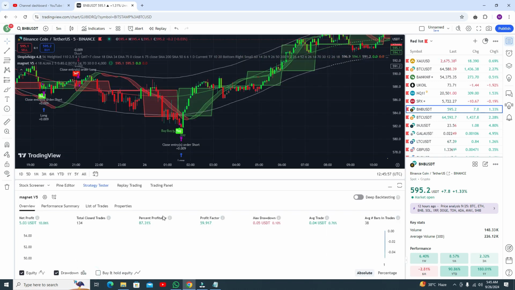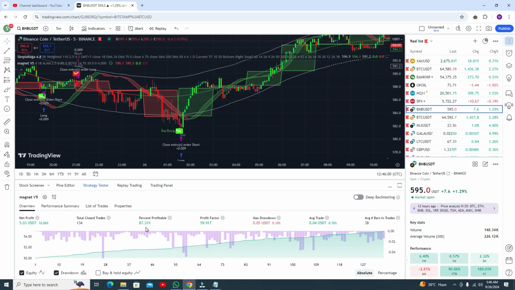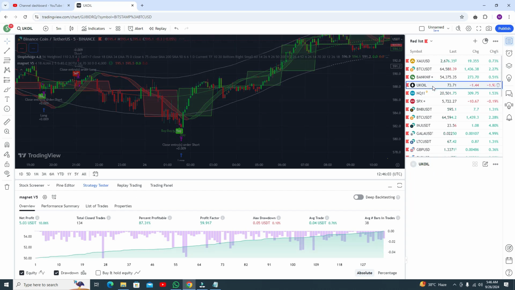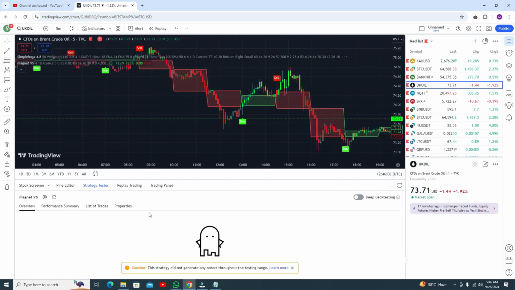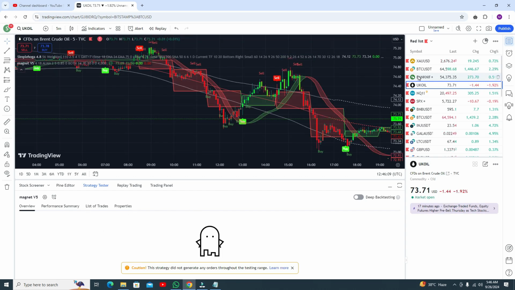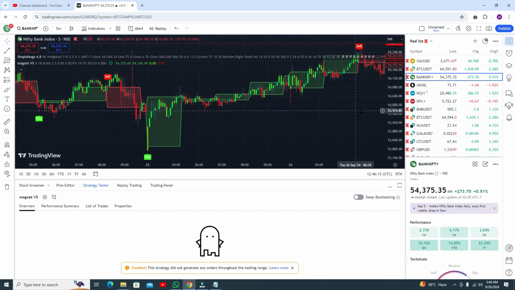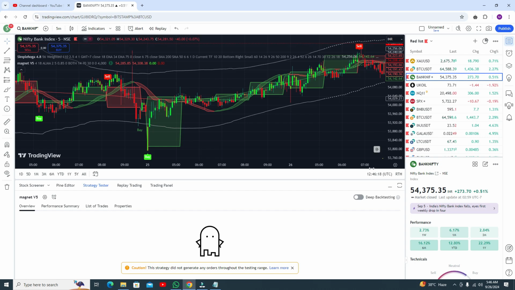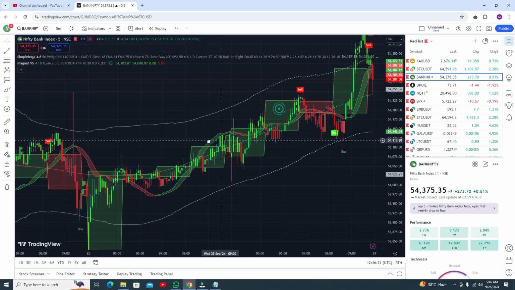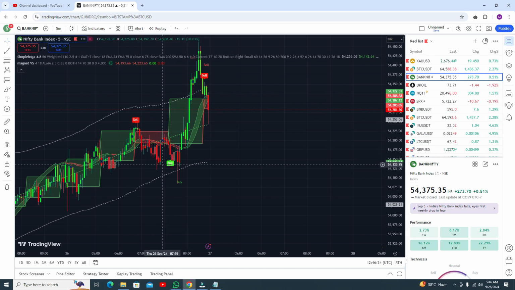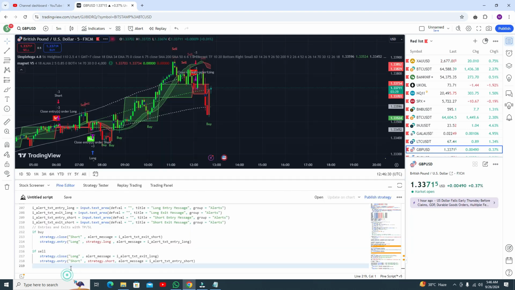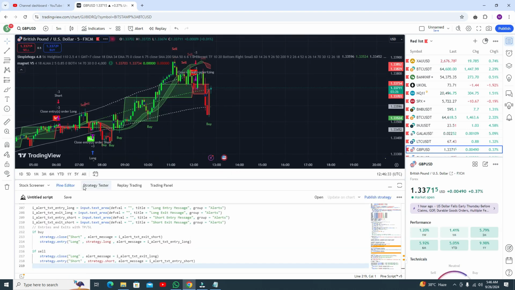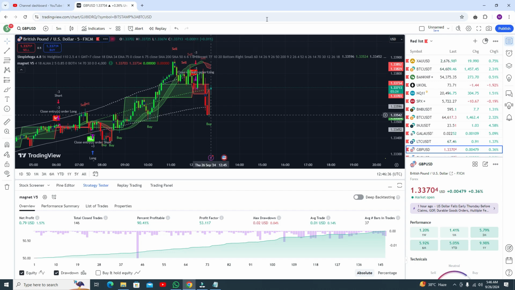If you go to the strategy tester, in each pair you will get an accuracy of around 87%, 80%. Like in UK oil, you are getting an accuracy of nothing, it's not working. But this indicator is working fine. And in the Bank Nifty, this result is not showing here, but the indicator is working fine. You can see the results. So in the GBP USD, let me show you the strategy tester, and you are getting around 90% accuracy from this single indicator, Magnet V5.